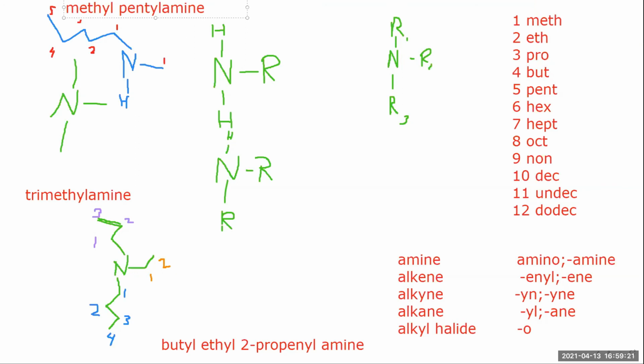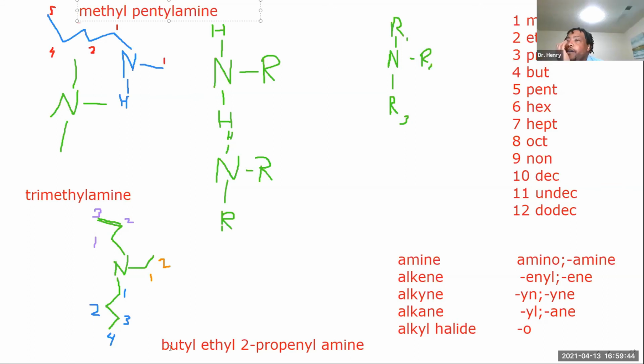It tells us where the double bond is at. So that EN represents the double bond, and it just tells us where that double bond is. How did we get a P in the middle of the PRO and the EN on the first one? This one down here. 3 is just pro, and en is for alkene. How do we get the P?